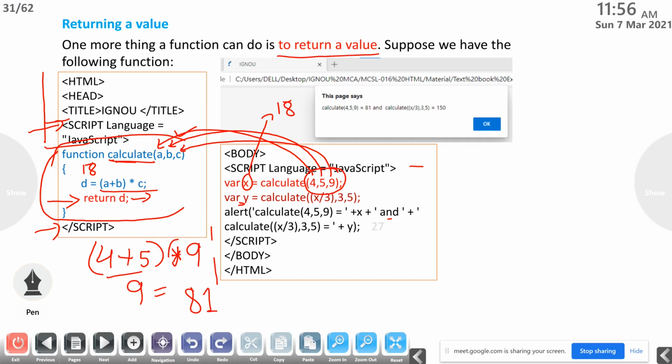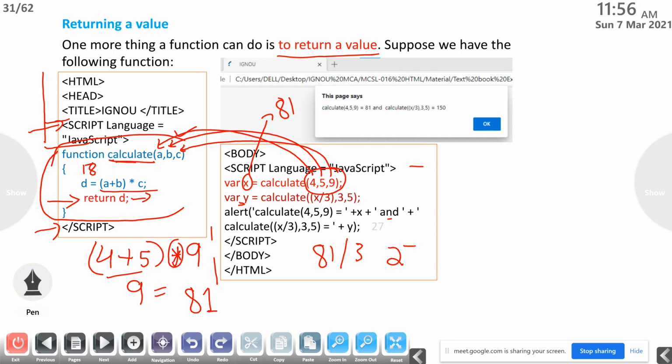Here it is not the addition symbol, it is the multiplication symbol. So 4 plus 5 is 9, into 9, so the value will be 81. Again, var y equal to calculate of x by 3, 3, 5. What's the value of x? 81 by 3, what is that?